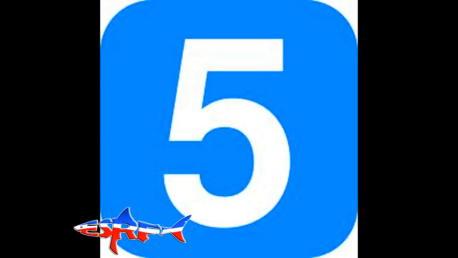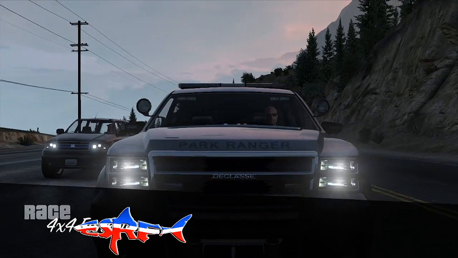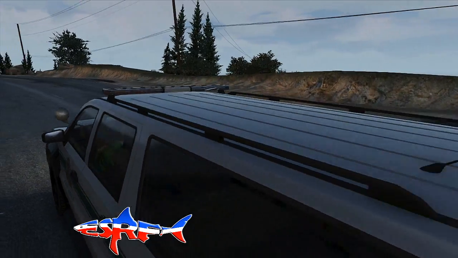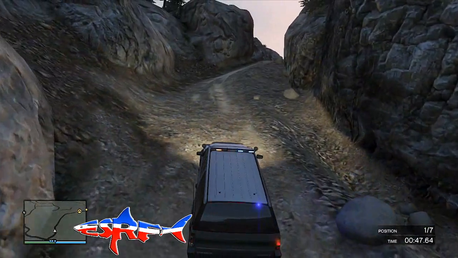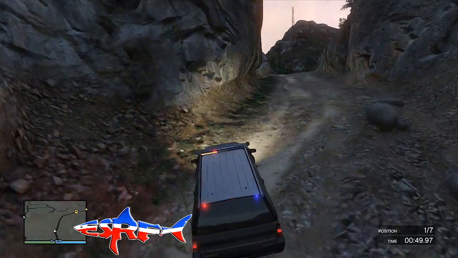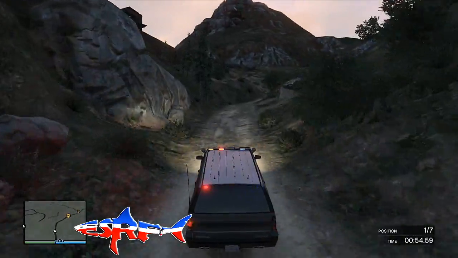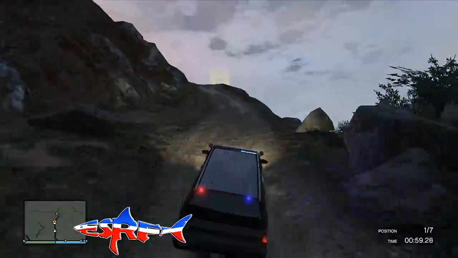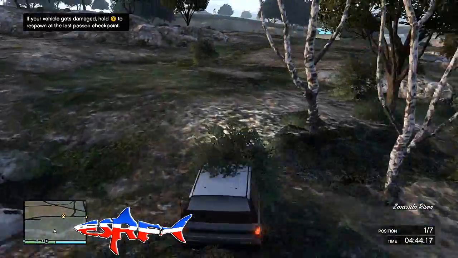So in 5th place we have the race called 4x4. I completely nearly forgot its name. 4x4 Madness. Basically this one is for off-road vehicles. You start off by heading up Mount Chiliad in a very strange fashion. I would advise the bigger cars, but I don't want to give it away and spoil it. You end up with some fantastic jumps over rivers like this, where it can go completely